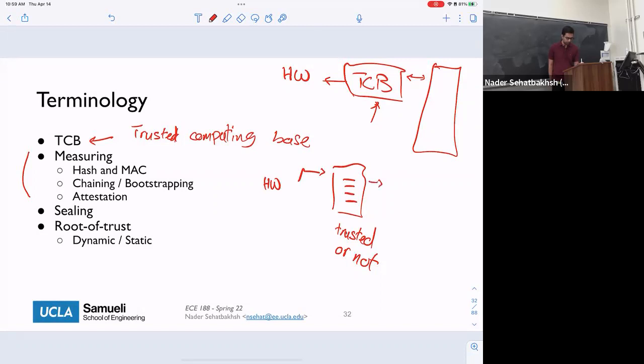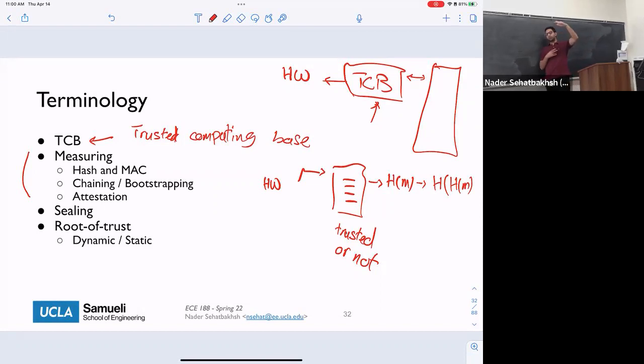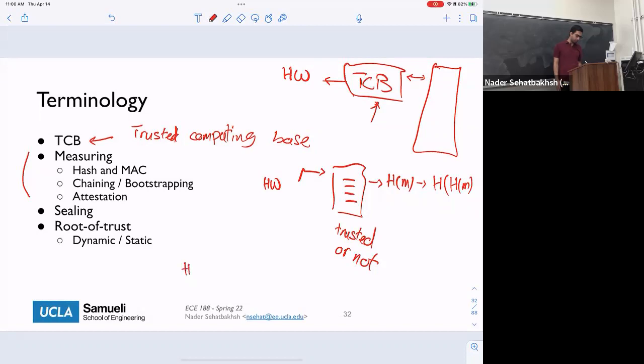So we compute the hash of this value, and now you know how to compute hash, right? We compute the hash of this, and then that would be the input to the next step. So hash of this, and so on and so forth. The output of the first line would be the input of the next line plus the value, and so on. Remember how I said we do cascaded hash? This is exactly where we're going to use that. At the beginning, we do hash, you go to the next step, and the next step. And at the end of the day, you get one final hash value of this program P.